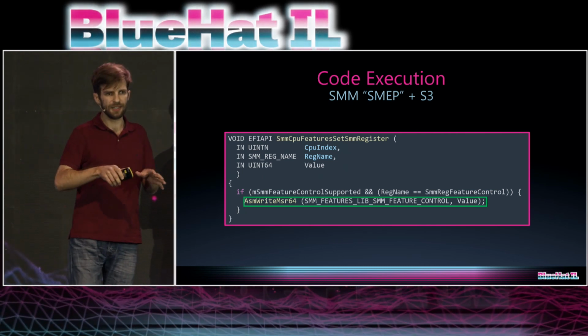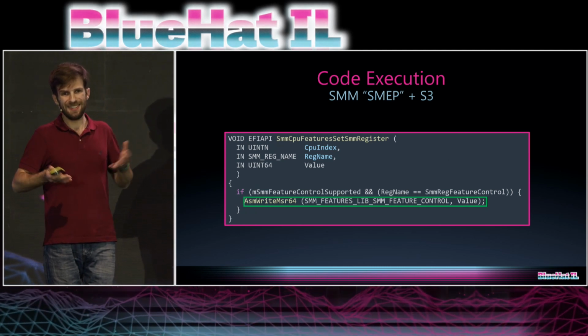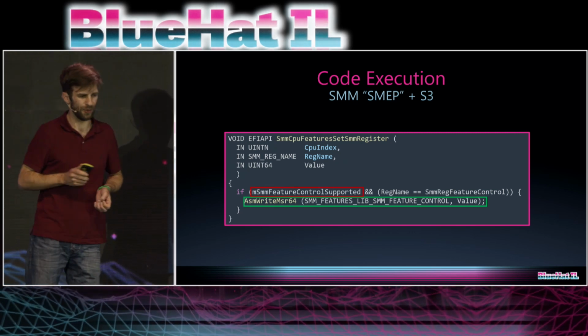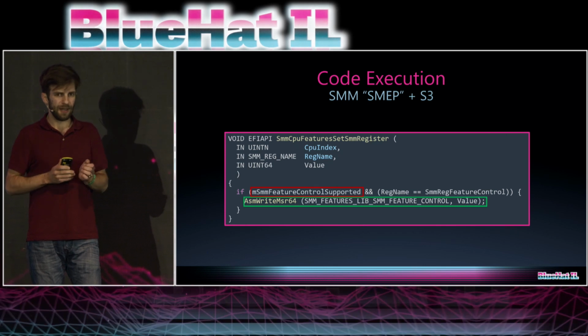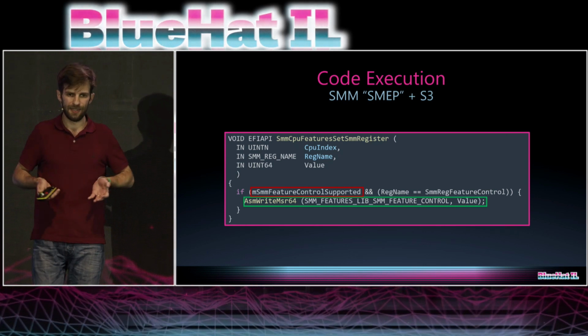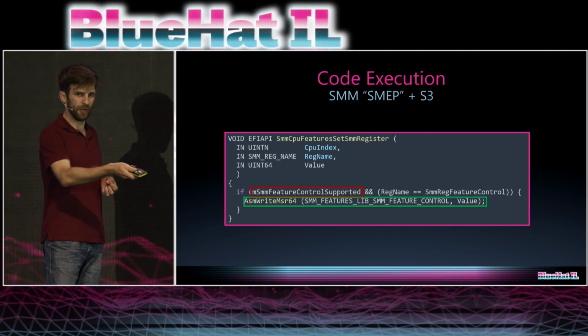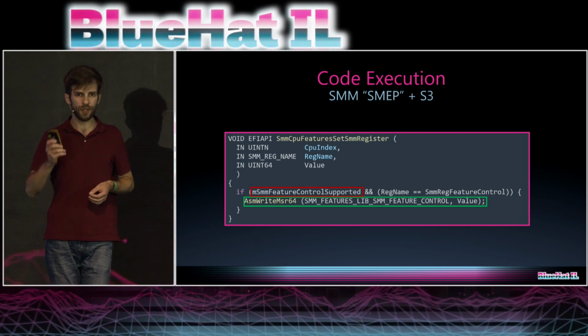And if the condition does not hold, this MSR is simply 0. And in particular, if the SMM feature control supported global variable is 0, then this mitigation will not be set. Remember that we have a write primitive to the SMRAM, to where this variable is located,